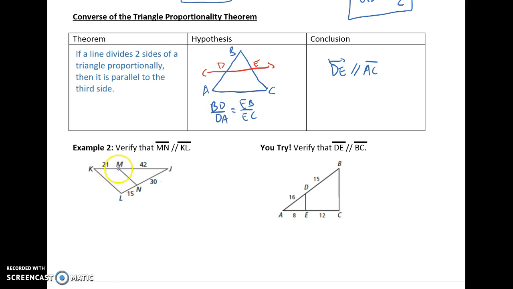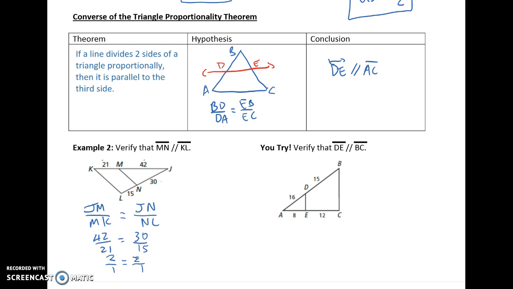Now, how would I check if MN is parallel to KL? Well, then I'm going to check that the pieces of those sides that are being cut are proportional. So I'd be looking at JM over MK, so those two pieces. I want to see, is that going to be equal to JN over NL? Plug in your numbers and let's check. So 42 over 21, is that going to equal 30 over 15? Yeah, because they both reduce down to 2 over 1,